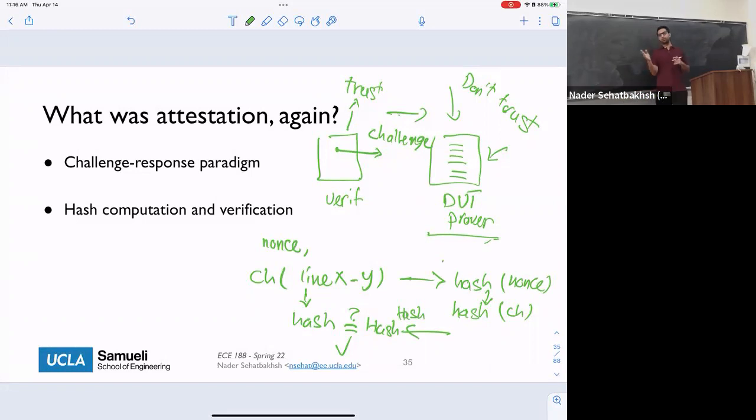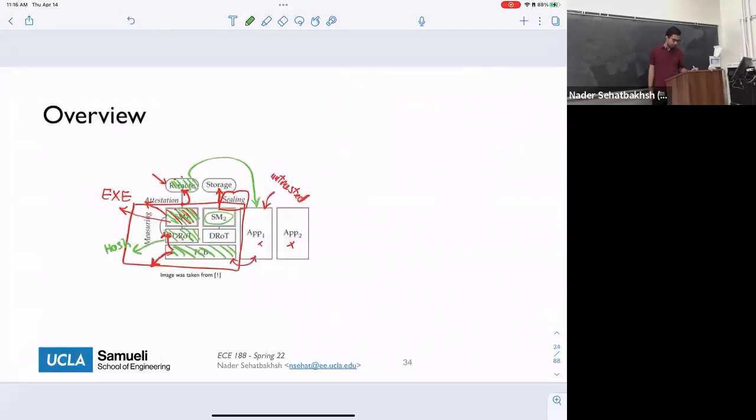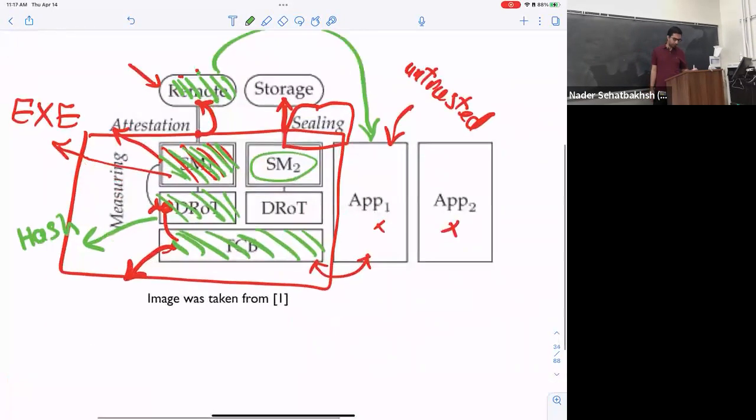So in the challenge response paradigm, the verifier sends some challenges, which is basically asking the prover to compute some hash over their memory. The prover needs to quickly do that and send back the results. If the result is correct, then you can trust it. Okay, so this is the process of attestation. Why is attestation important?